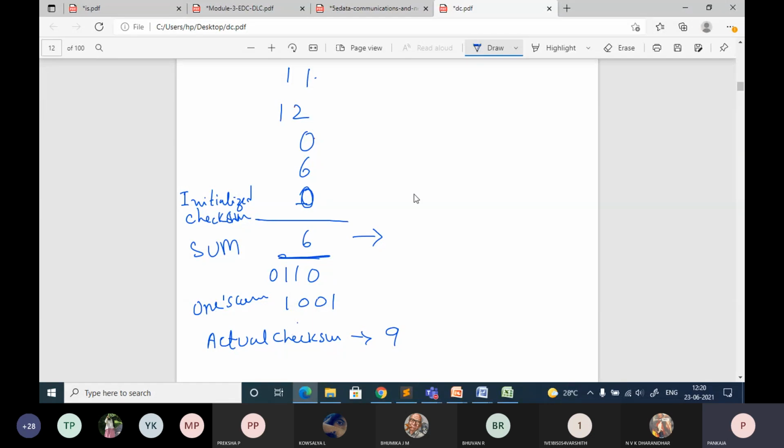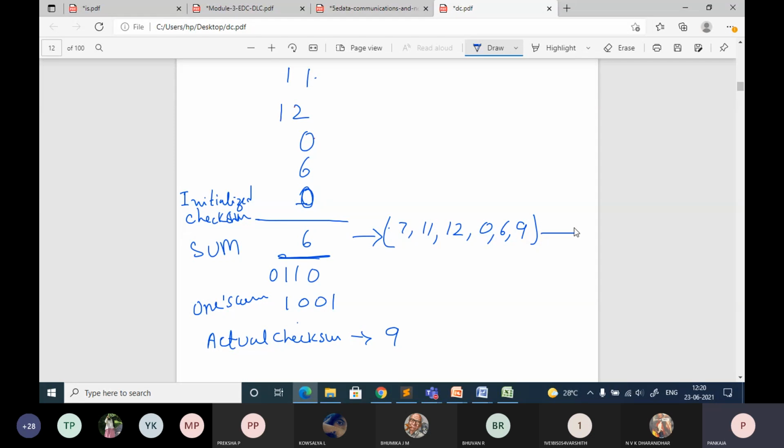Now on the sender side, the sender is going to send this data, that is 7, 11, 12, 0, 6. Before, we assumed the checksum is 0, so in place of this 0 you need to write this 9, and this is transmitted through the transmission media.